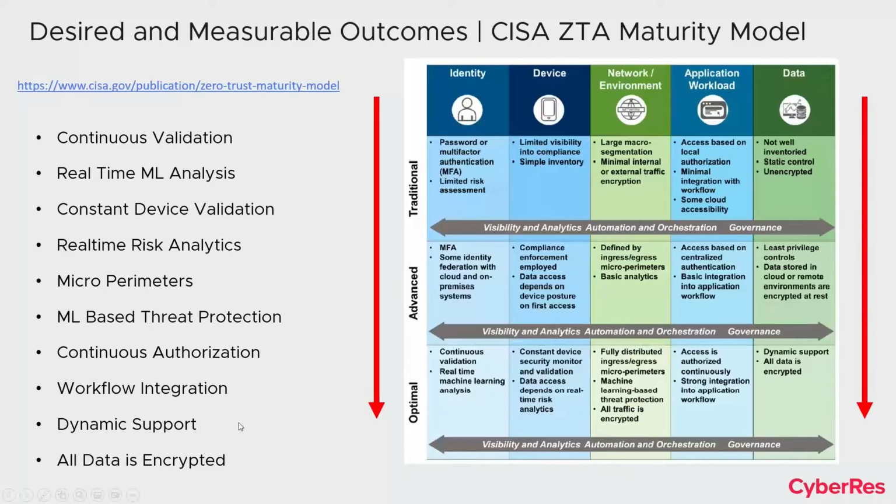Last, and certainly not least, when we're looking at data, we definitely want to get dynamic support of data. We're looking constantly at how this data is getting accessed. Is it through the front door, the application front end? Is it coming through the side door, through some API, or maybe some developer or administrator coming around the side with their elevated credentials? So, do we have a good privilege access management program in place? Or is someone coming through the back door, through a method that we don't normally monitor? The ability to do all those things for your dynamic data support is just critical.